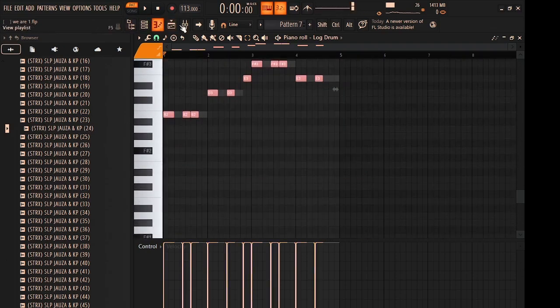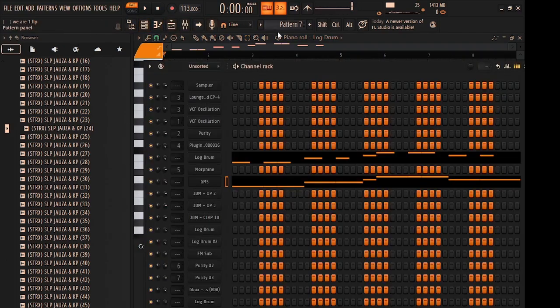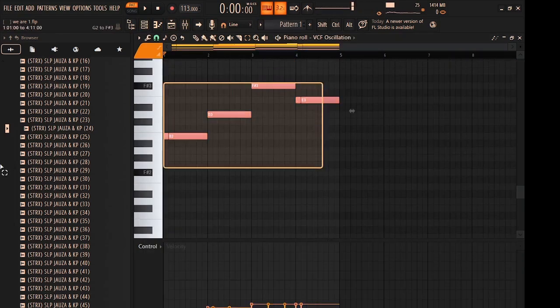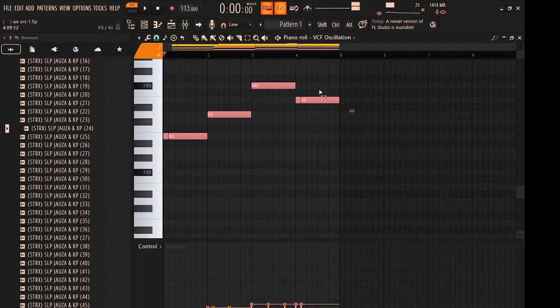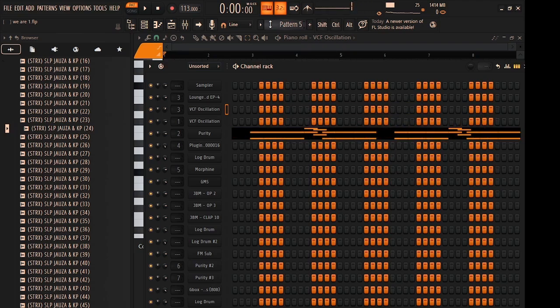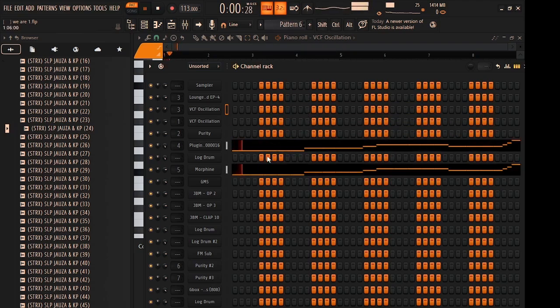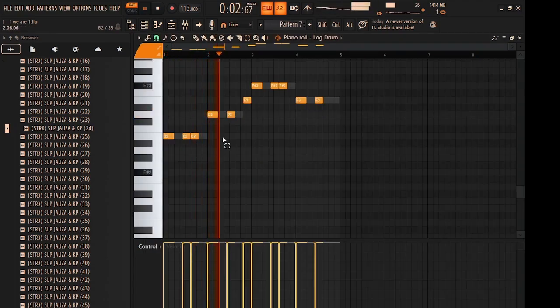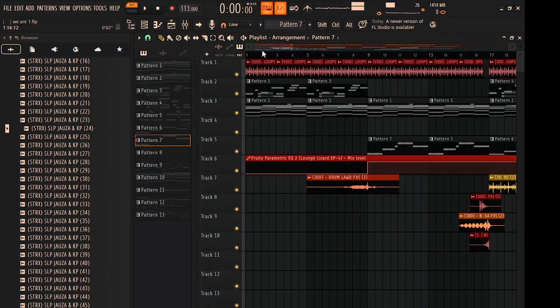So what I mean is that I took, let me show you. I took these bass notes, as you can see them: A, B, D, F sharp, E. So I took those notes, and then I came here. You see, and I just added the rhythm. Then yeah, that's how it sounds.